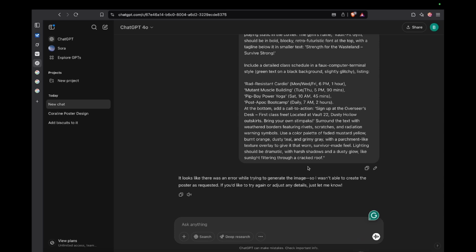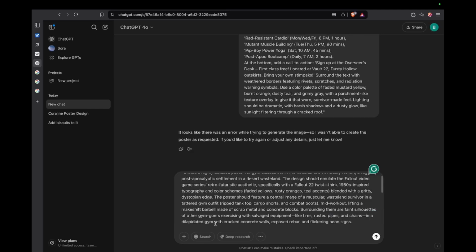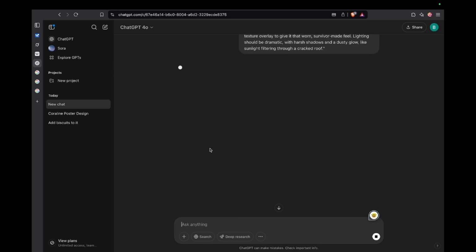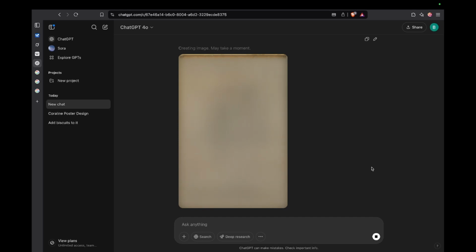ChatGPT seems to be having some issues. It looks like there was an error while trying to generate your image, so I wasn't able to create the poster as requested. If you'd like me to try again. Okay, I will send the same prompt again and see. So one key thing that I'm really looking out for is the text. I'm trying to see how consistent the text is across